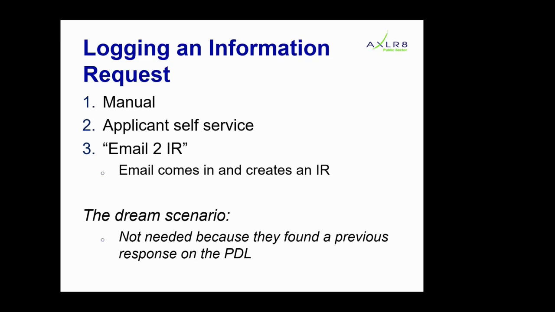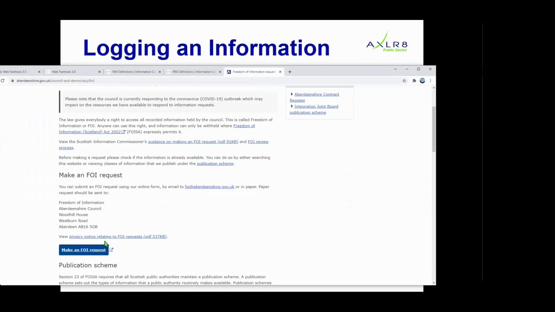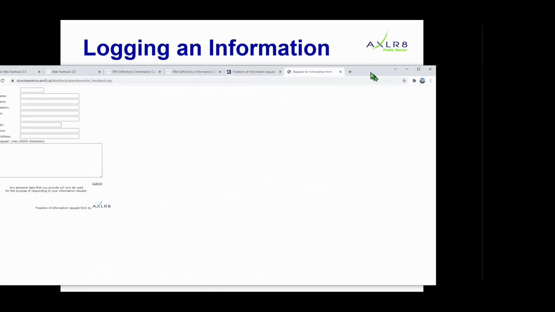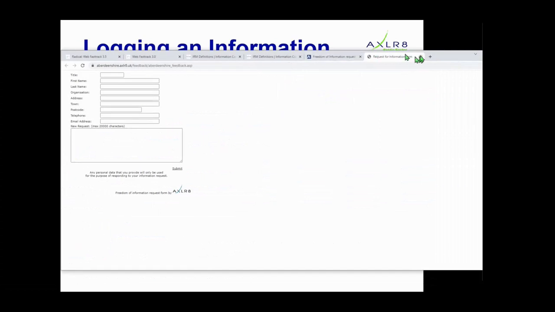So the second method of getting information in, which obviously works 24/7 when you're not there, is that an applicant can use your self-service form. So if you go on to, and I've picked at random Aberdeenshire's site, and you make an FOI request, you get a form, you fill that in, and I'm delighted to say that then you don't have to fill in these people's names and addresses and their potentially 17-point questions here. So that then goes into